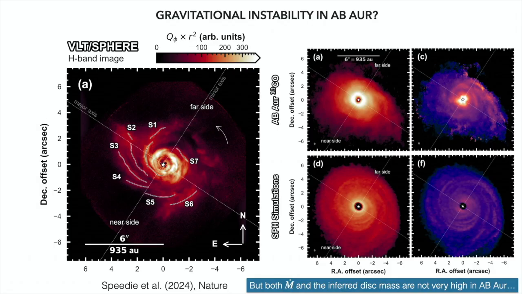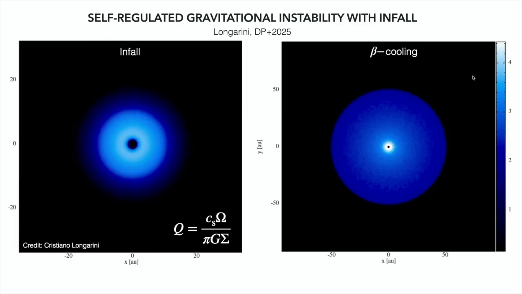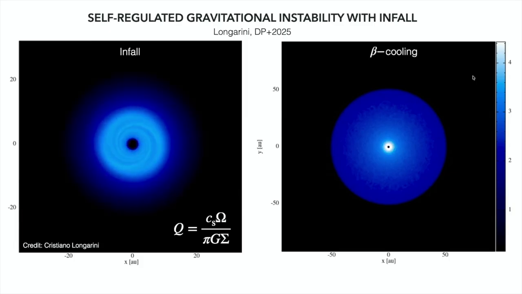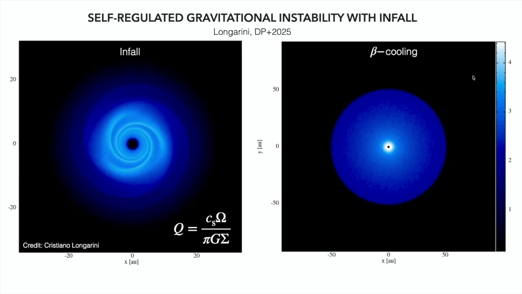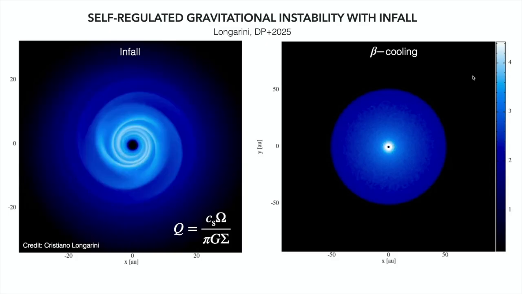Okay, so if we want to make things that accrete at a high rate, we need to bring things in from the surroundings. All right, so I'm trying to speed up. But basically, you can self-regulate a disk if you add mass. So you can make these large-scale spiral arms, but you need to bring in infall, or here we're just injecting it in a ring, but you can pump material on some kind of stream and tip the disk back into gravitational instability. It's a very different picture to heating and cooling.